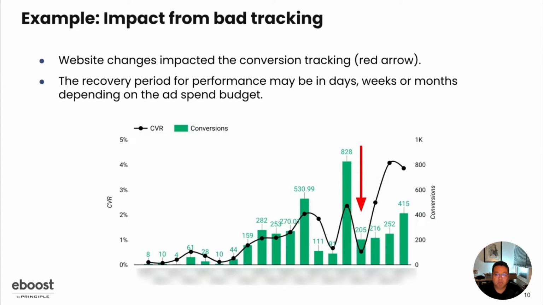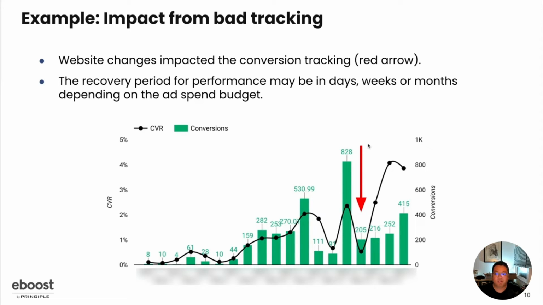Also, just some examples of the impact from bad tracking, right? I mentioned garbage in, garbage out earlier. So, for example, a lot of times you're changing websites, right? And it's very common when you change a website, things break, right? And this is actually pretty important because say the conversion event in GA4 is integrated with Google Ads, for example, and the spend you're having for that campaign is in the learning period, and your campaign is actually learning, it's getting better over time, and your conversion rate is improving. You've seen the conversions taking off,